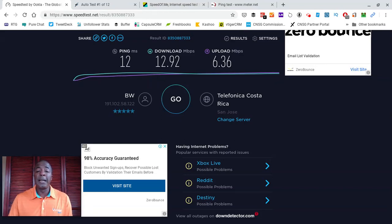So basically, as you can see, that test just completed, and I am getting 12.92 megabits download and 6.36 up. That's actually excellent. Again, I literally live in the middle of nowhere farm country at my Costa Rica home office. In the States, I'm over in Richmond, Virginia, the capital of Virginia, where you can get anything, Verizon Fios, Comcast, T1, Windstream, you name it. But for the purposes of this, it's showing that I have a 12